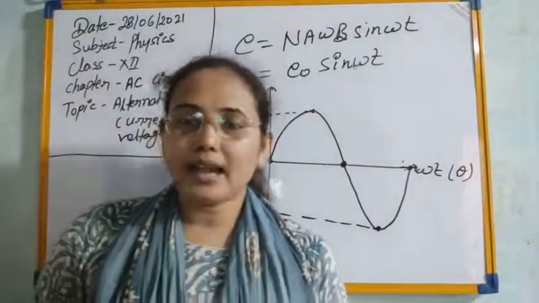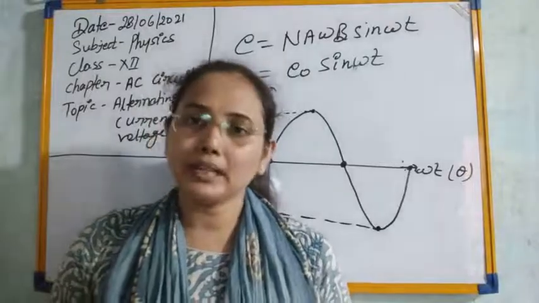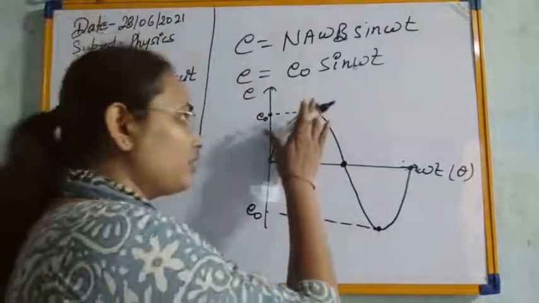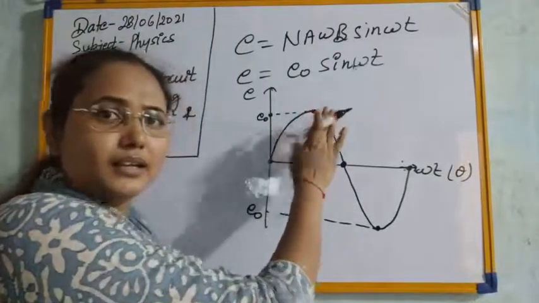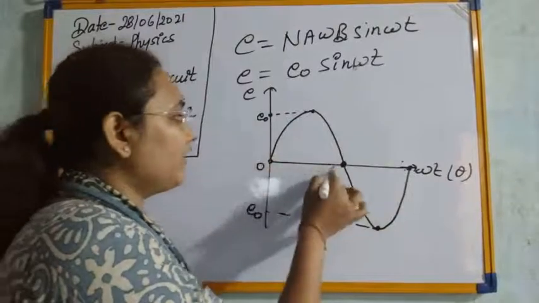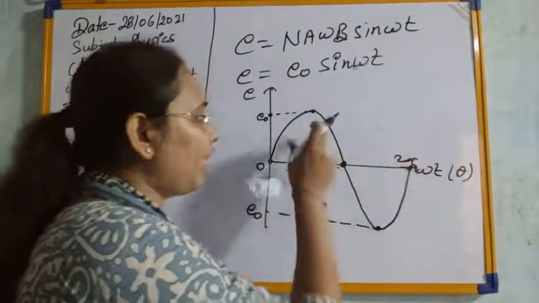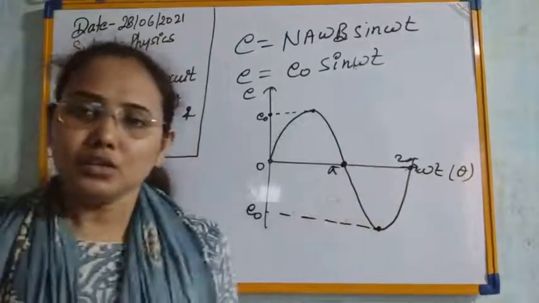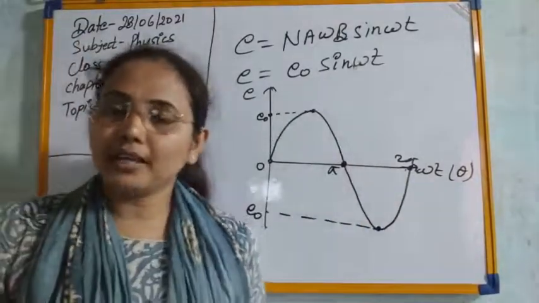So AC current has this additional property compared to direct current. Direct current will have only either a positive cycle or a negative cycle. So this half of the positive cycle is known as the half positive cycle, and this is the half negative cycle. So we are also just calling it by this name.